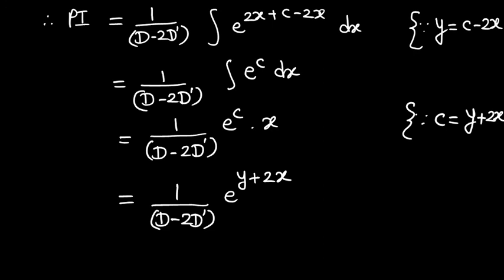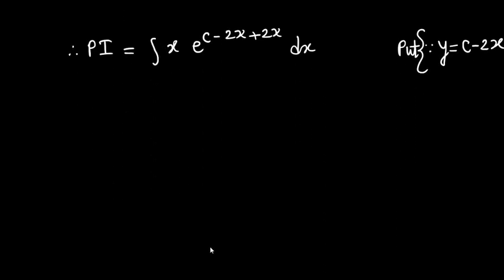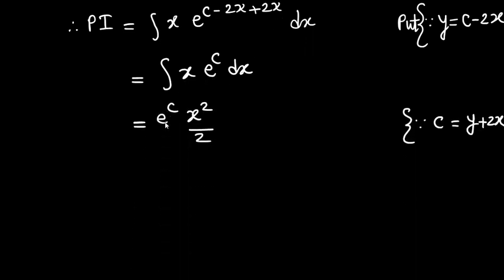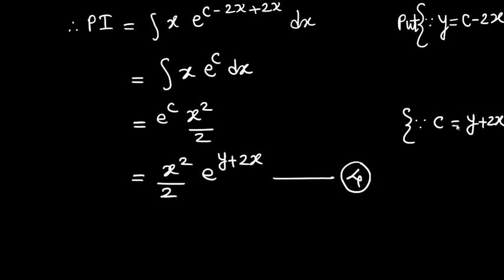Now again apply case number 6, with the same substitution, y equal to c minus 2x. Then we get this term. Cancel the 2x and minus 2x. We get x e to the power c. Now e to the power c is again a constant value. Taking it outside, the integration of x is x square by 2. Lastly, substitute the value of c equal to y plus 2x. We get this equation number 4, and this is the required PI,